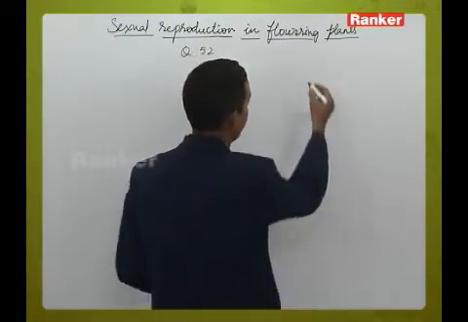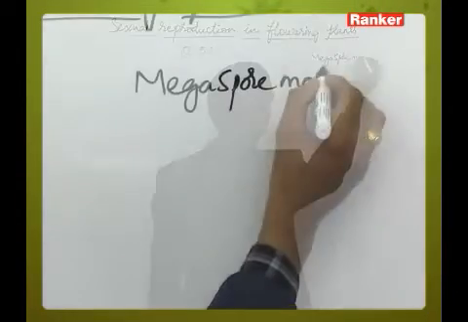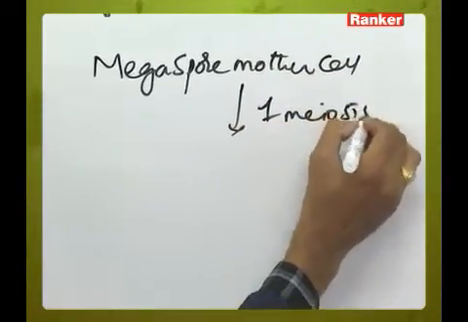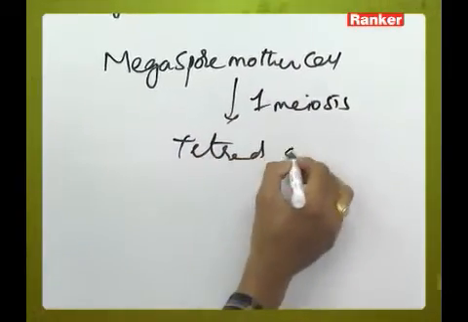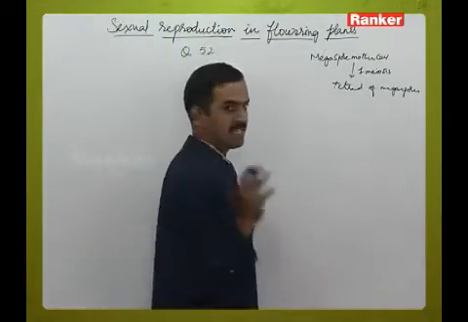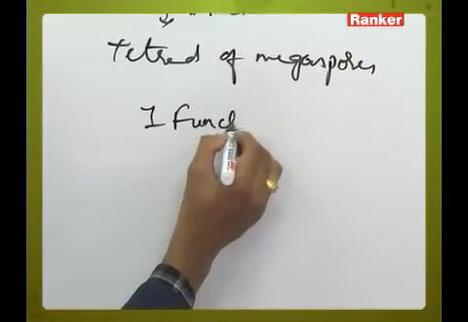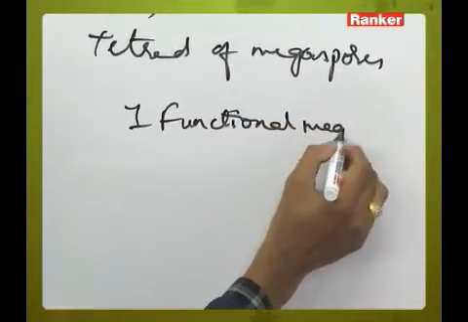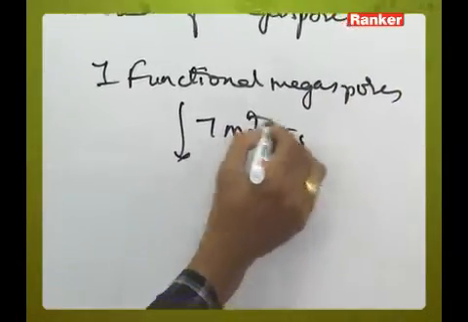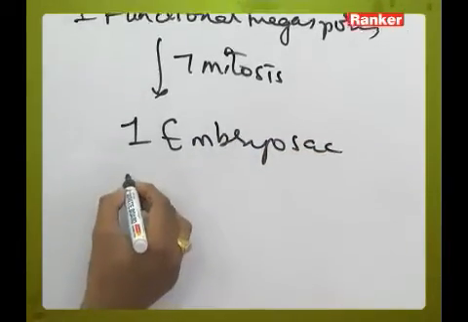As we know that one megaspore mother cell will undergo one meiosis to form a tetrad of megaspores, and out of these, 3 degenerate and only one functional megaspore will be left. This one functional megaspore will undergo 7 mitotic divisions to form one embryo sac, and this one embryo sac will contain 1 egg